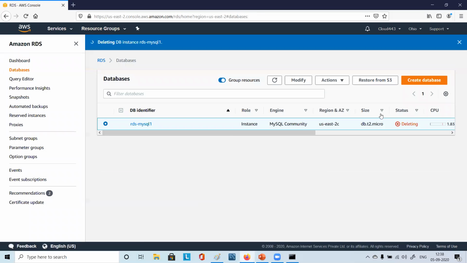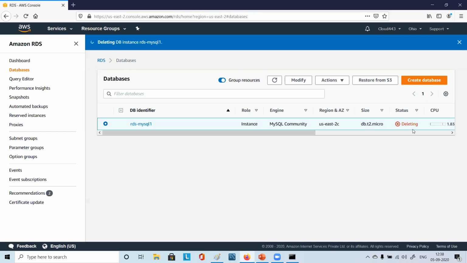So for me, deleting the DB instance and it's not creating the snapshot. It will take some time, right? Because all those tables and databases and the instance and everything will be deleted here. It will take maybe 1 or 2 minutes.